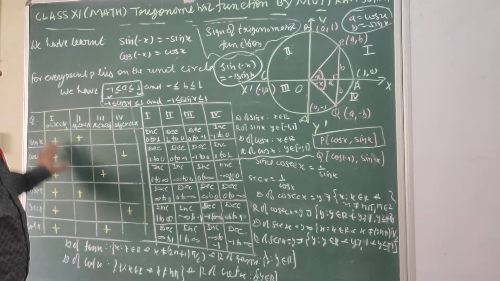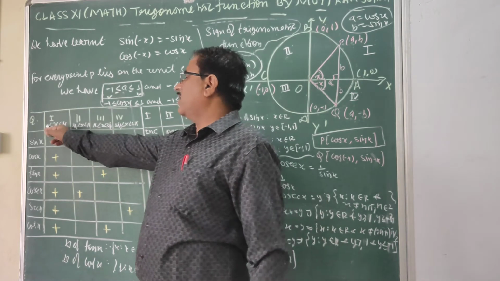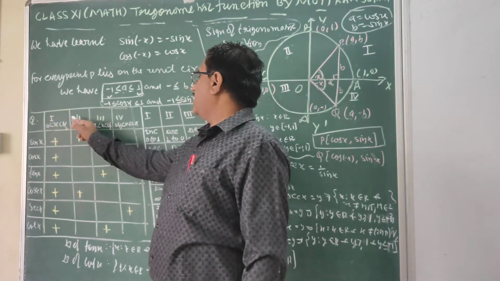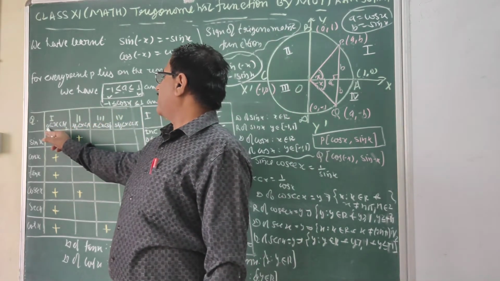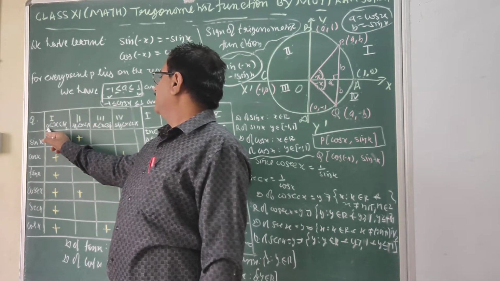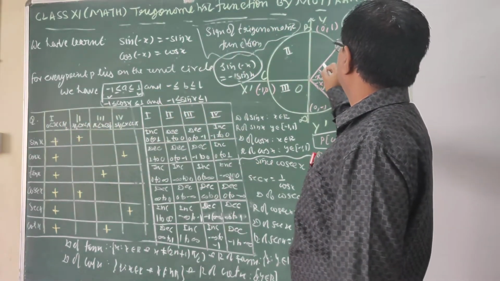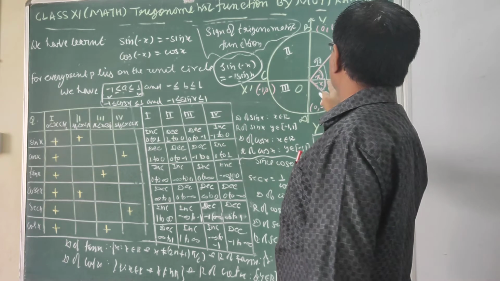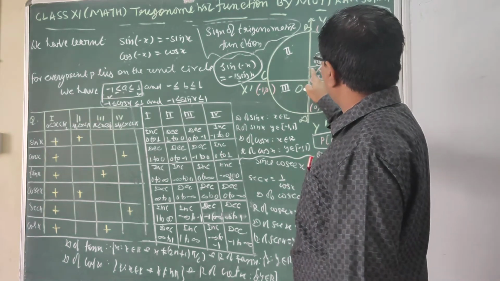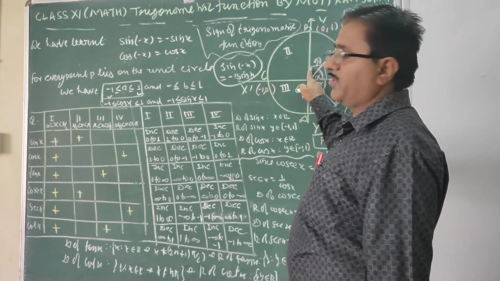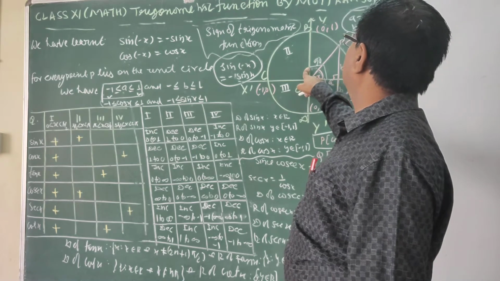Now see the table we have discussed here. What does this table say? We can divide the quadrant into 4: 1, 2, 3, 4 quadrant. As you already know, the first quadrant has radian from 0 to pi by 2. As in geometry you see, this is 90 degree, so this is starting from 0 to 90. So the value of x varies from 0 to pi by 2, meaning greater than or equal to 0 and less than or equal to pi by 2.